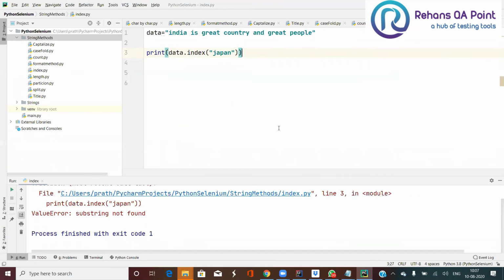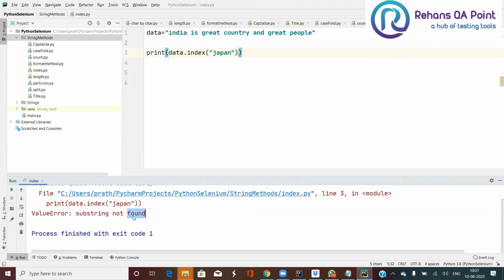It will throw an exception. See here, substring not found. I cannot find the word called Japan in the given source string, so it will throw an exception. When a match is found, it works; otherwise it throws the exception.